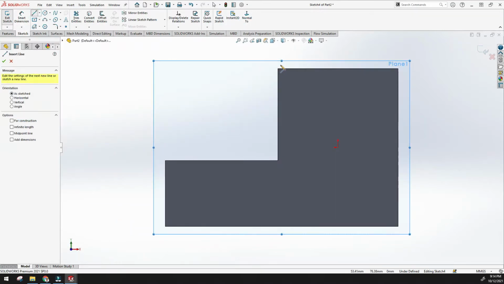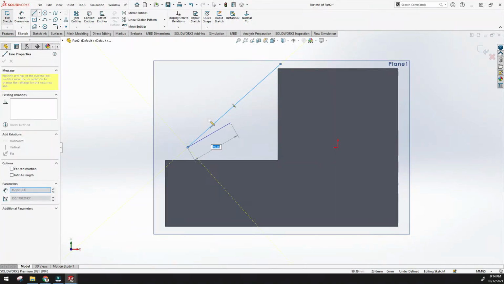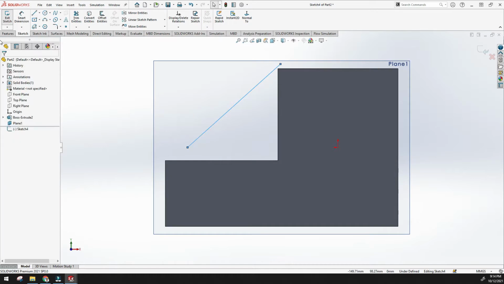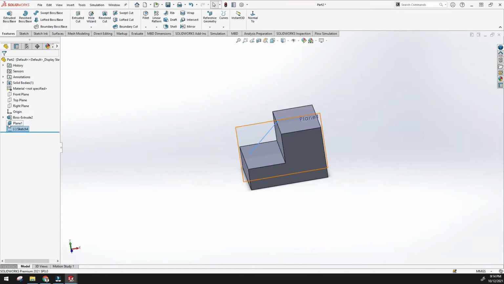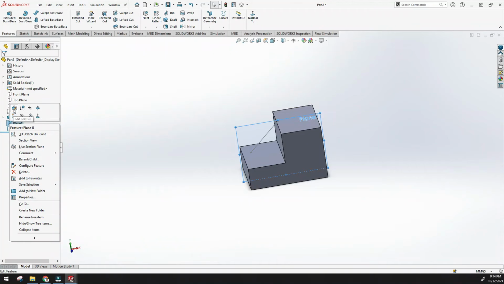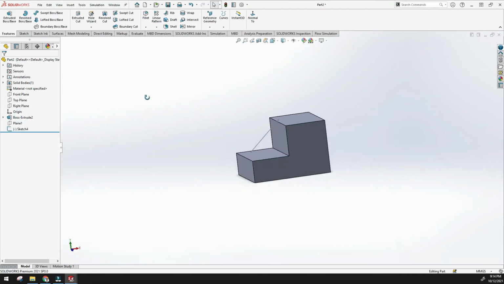I have given this sketch, escape, done. So the sketch is created, right? Just hide the plane. I have a sketch and models. Just click rib, and here is